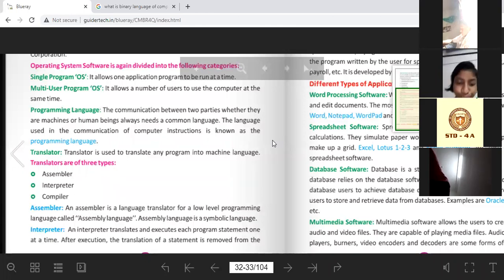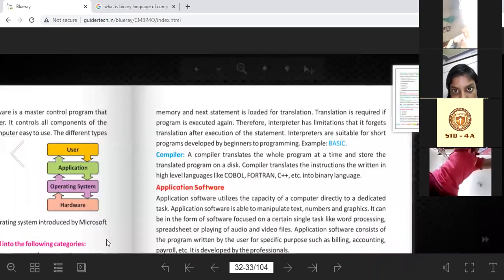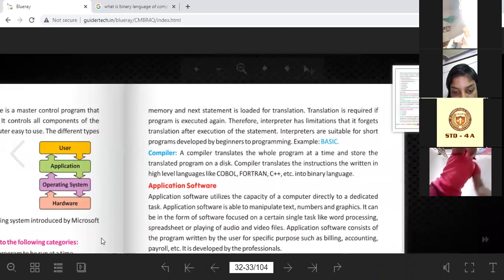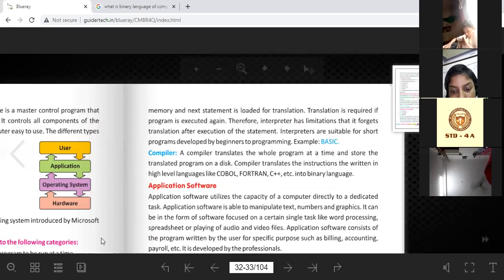For them the interpreter is very good because they are practicing. And when we again need to execute the same work, then we need to translate it once again.